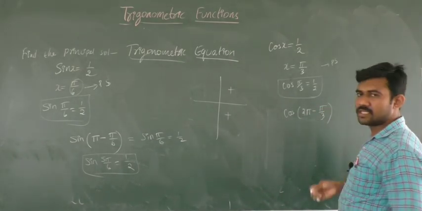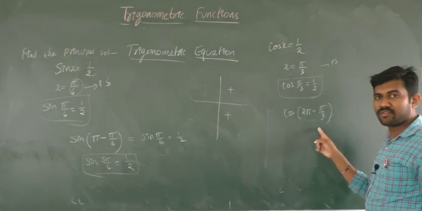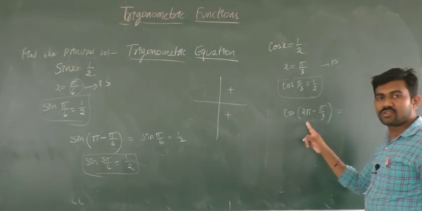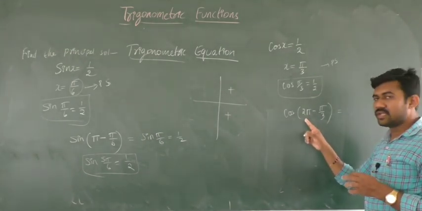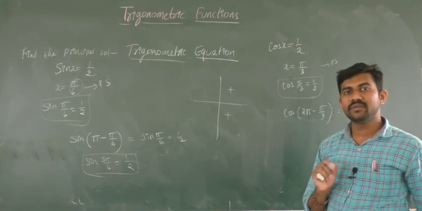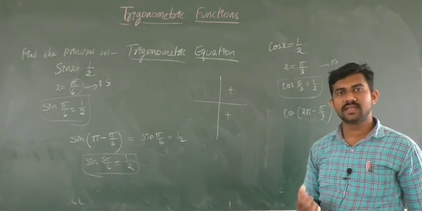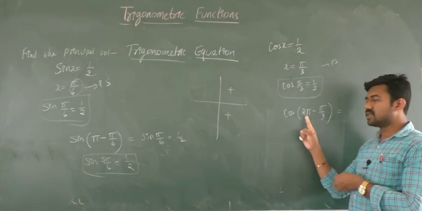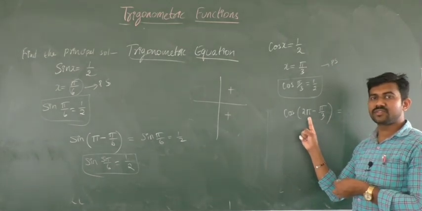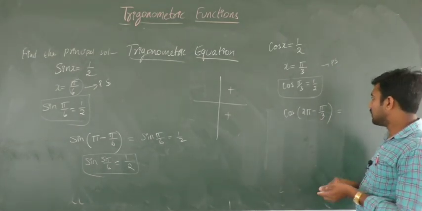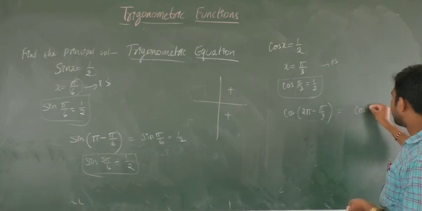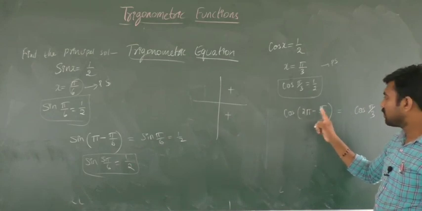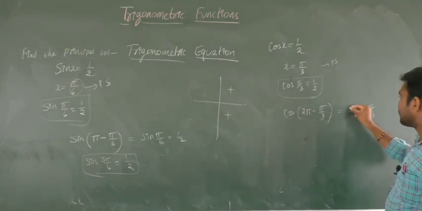In the second quadrant take pi minus pi by 3, here it is in the fourth quadrant, so 2 pi minus pi by 3. Now the fourth quadrant cos: here we know cos of 90 into n minus theta or plus theta is the same when the n value is even. Here n is even because 90 4s are 360. So the trigonometric function will get the same name, cos only, and the sign in the fourth quadrant, 2 pi minus pi by 3 comes in the fourth quadrant, so clearly it is positive.